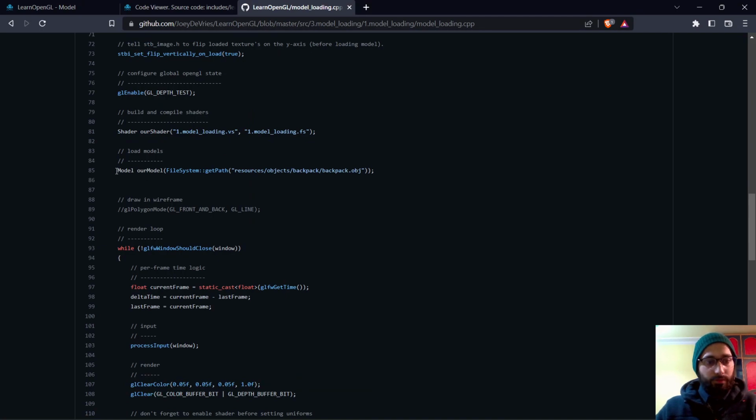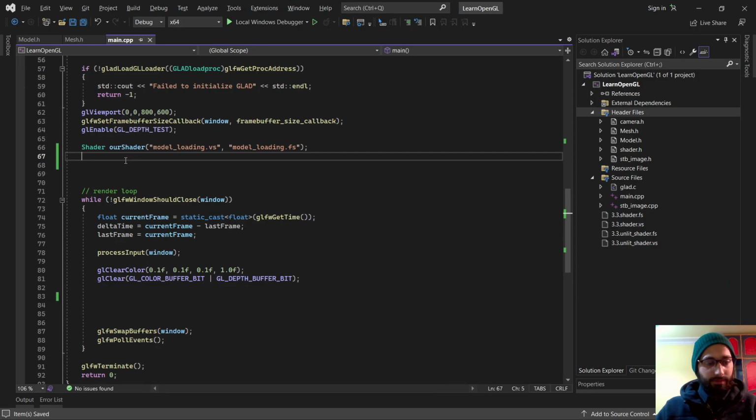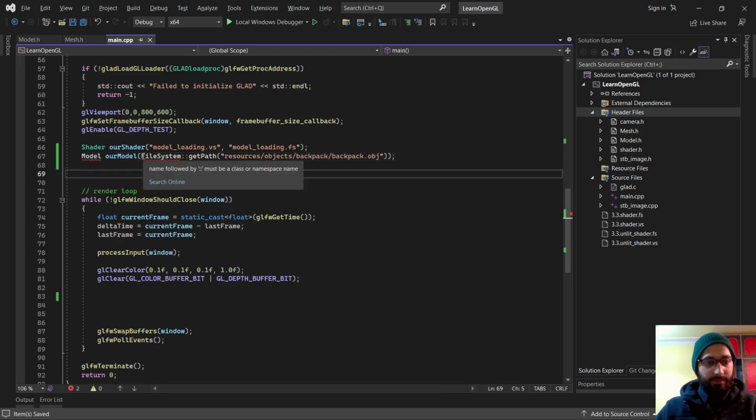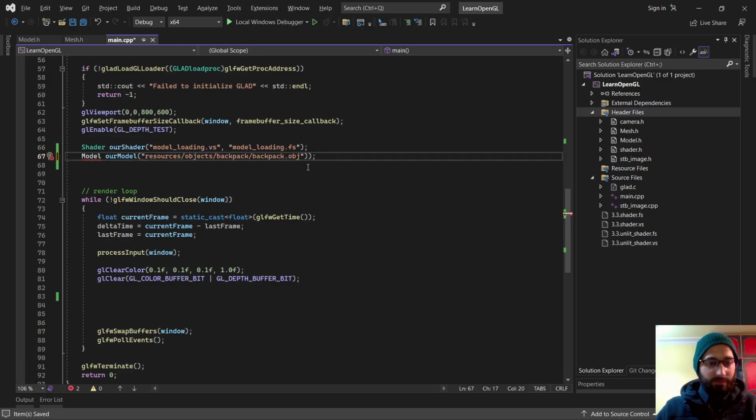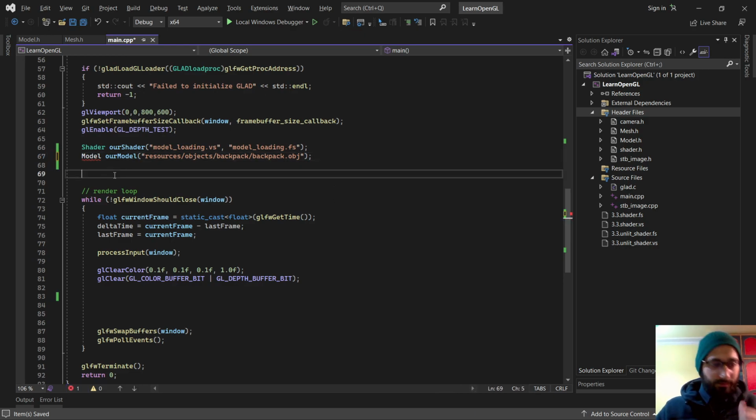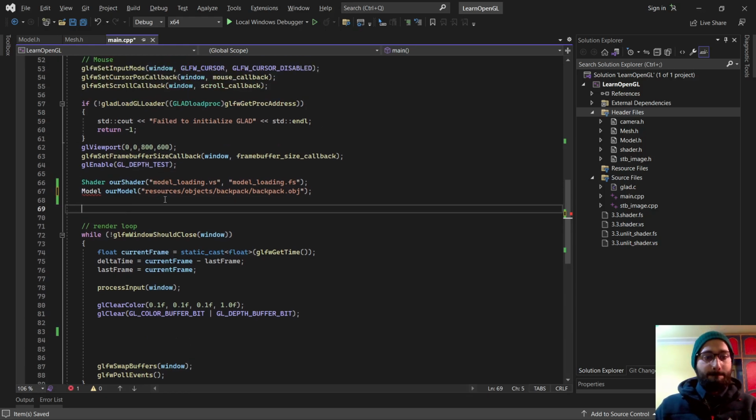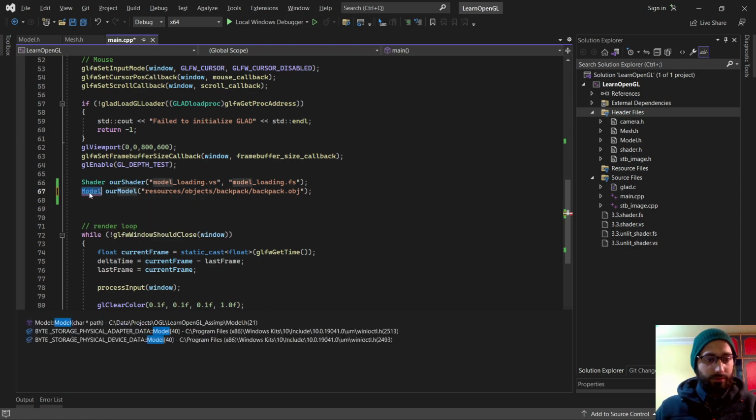And finally, to load the model, we're going to create an object of the model class, and it does it this weird way. After experimenting with this a little bit, I found that you don't actually need this file system get path, but I don't know why it's doing it. Maybe, I read somewhere in the comments, it's got something to do with the Mac. On MacBooks this does not work, but that's fine. Okay, we're just passing it as a string, and here our model class is complaining,